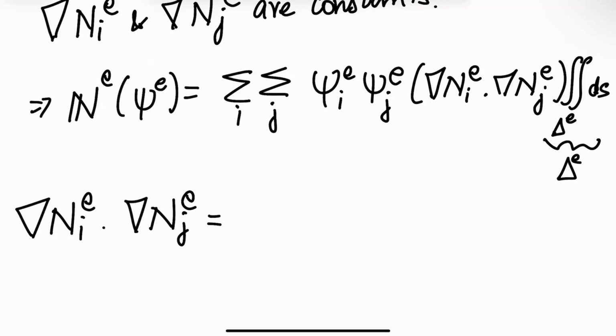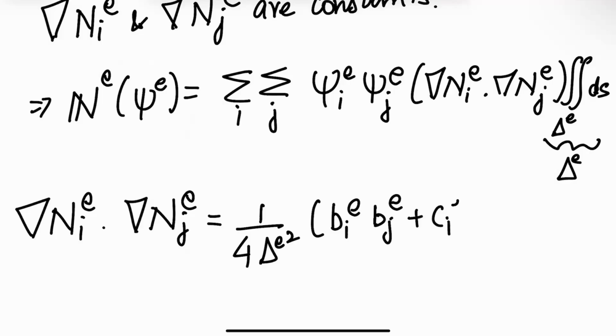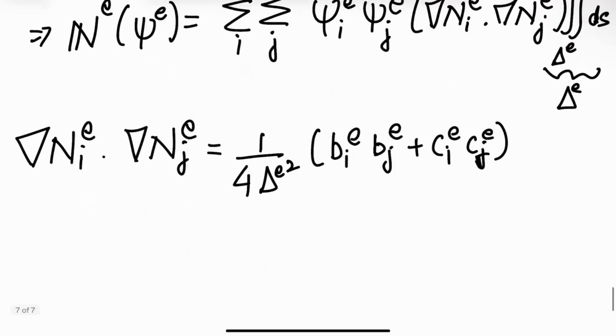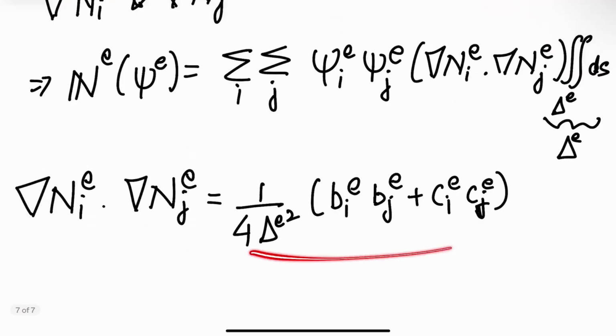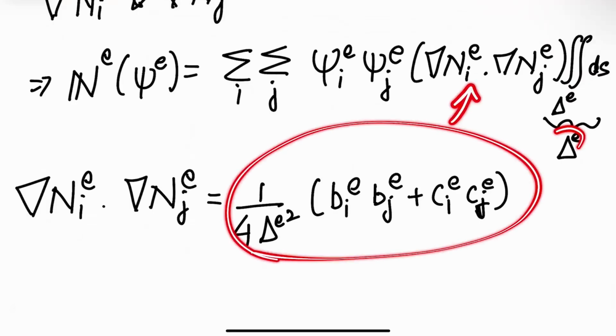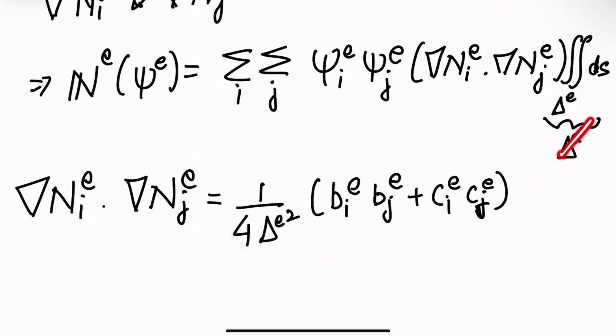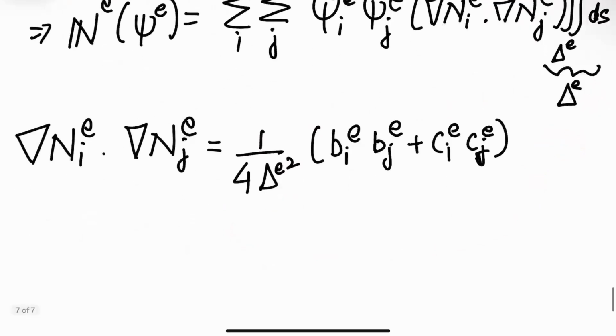So you can essentially take the gradients in Cartesian coordinates, and you can show after some algebra that it is nothing but 1 over 4 triangle E squared, which is the area squared, times BIE, BJE, plus CIE, CJE. So this is after some algebra, which is not very hard to do. Which means that now I have this term for this term, triangle for this term. So basically that triangle and this square cancel, right? And I'm left with